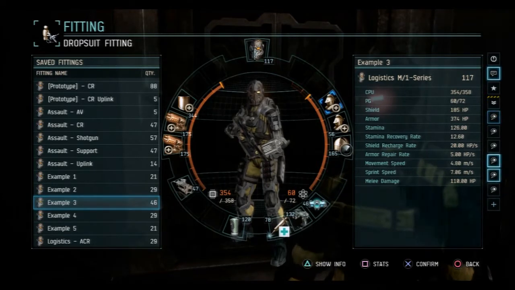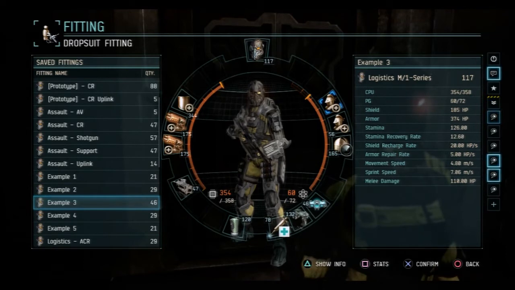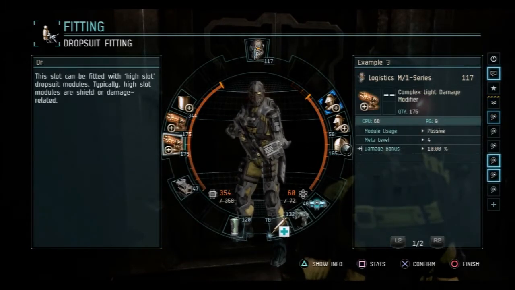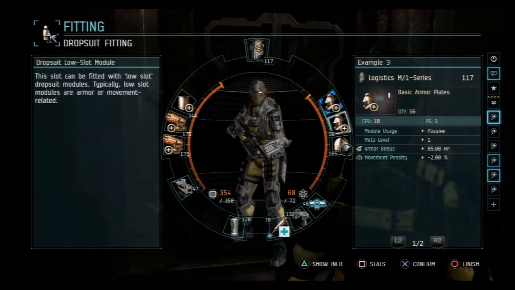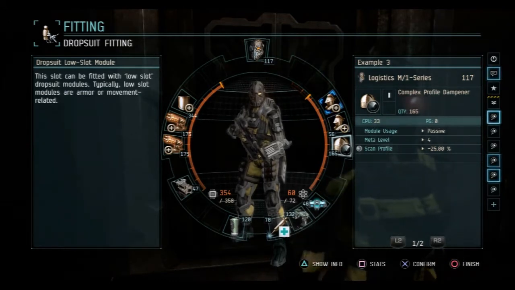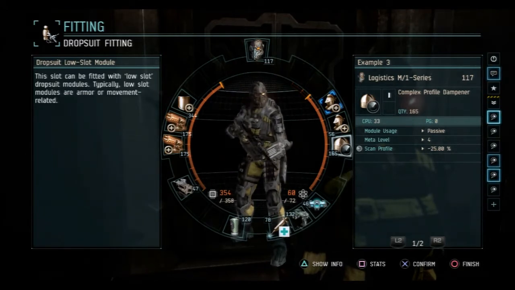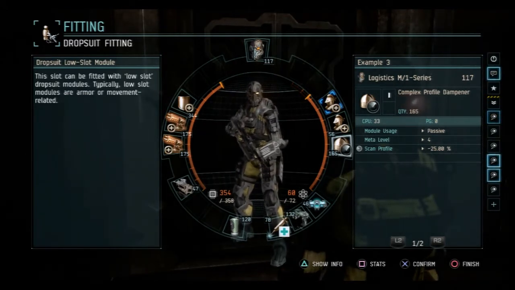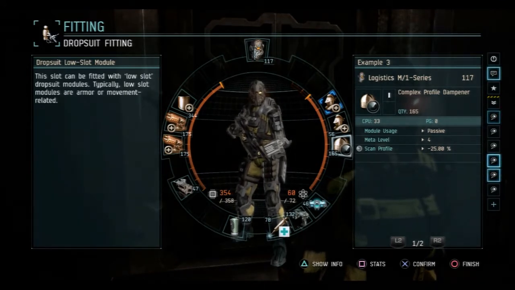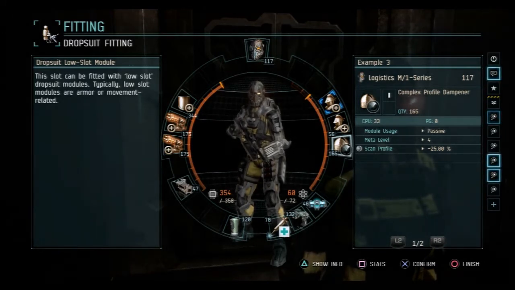This third fit is an aggressive fit, so it doesn't have a repair tool on it, but it does. I'm using the standard combat rifle again, 2 damage mods, armor plates again, the profile dampener. Now all these suits, you kind of want to flank your enemy instead of going directly at them, which is great for a logi because you're not going to want to directly attack the enemies. I mean, that's what you're healing the other people to do for you. Those assaults can go in there and die, and once they die, then you're the one repping them and healing